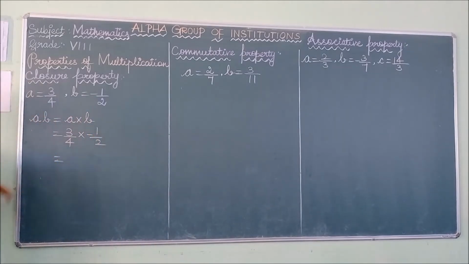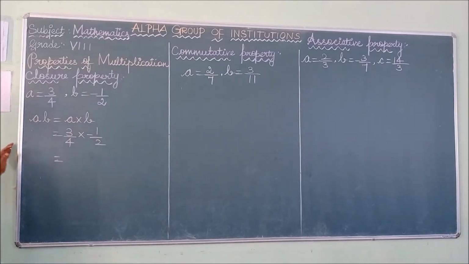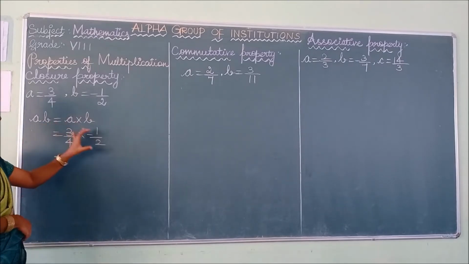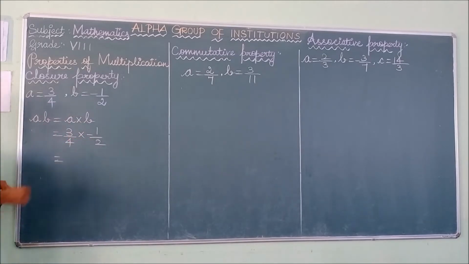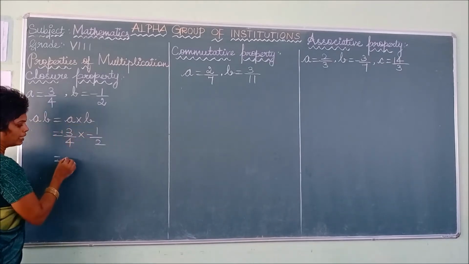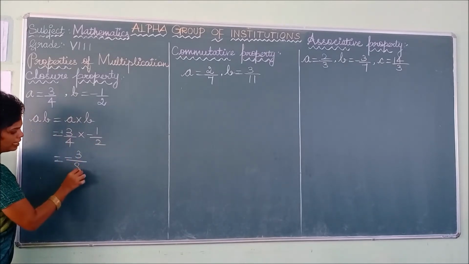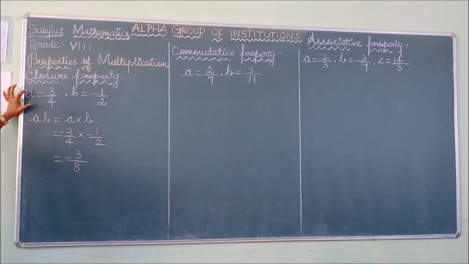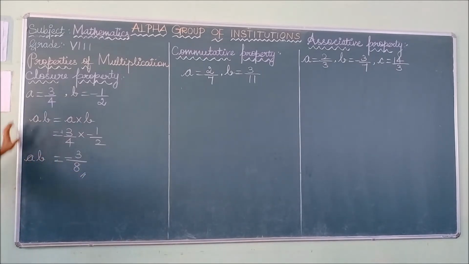So listen, for addition and subtraction, you have to verify the denominators. For multiplication and division, there is no need to verify the denominators. You can simply multiply the numerators as well as the denominators. So listen. Here the sign is plus and here the sign is minus. Plus into minus is minus. 1 3s are 3 divided by 4 2s are 8. So if you take a, b as rational numbers, your answer ab is also a rational number. So we can say that this satisfies the closure property of multiplication.